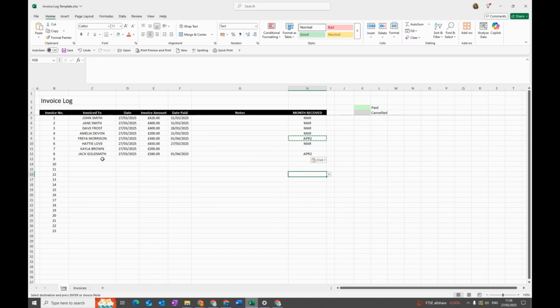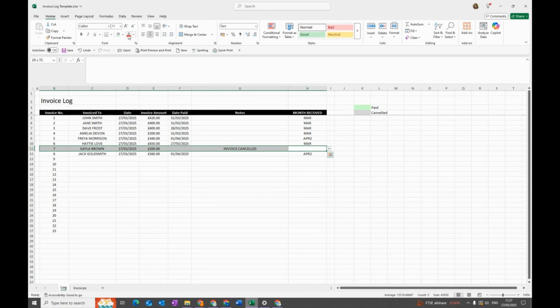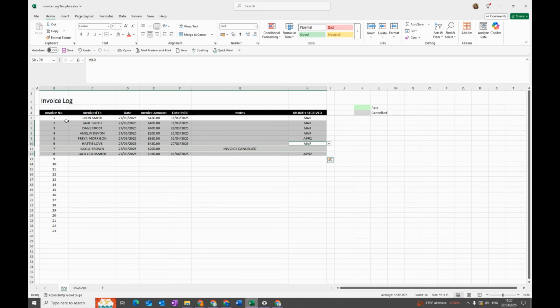And then let's say Caleb Brown didn't pay for their invoice, so you would then chase them to let them know it was overdue. And for example, if you needed to cancel that invoice, so let's say that she has decided she's not going to continue with therapy, but you've already sent her the invoice, what you can do here is just add the notes to say invoice cancelled and just leave the month received blank, and then you can just highlight that one off as cancelled. You can highlight all these ones as paid